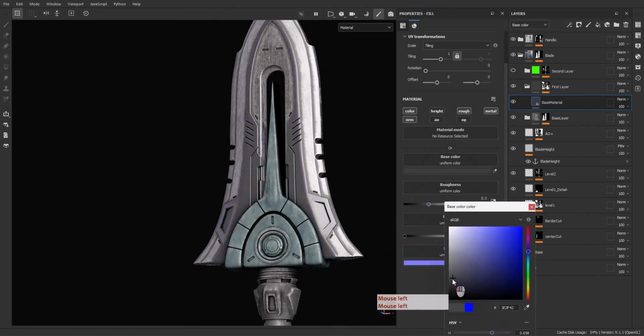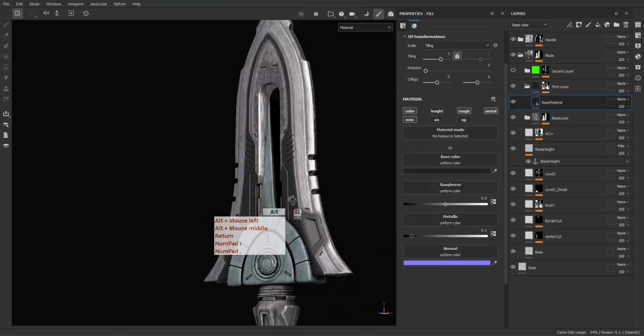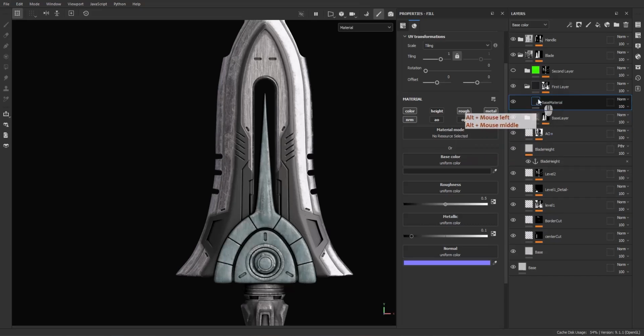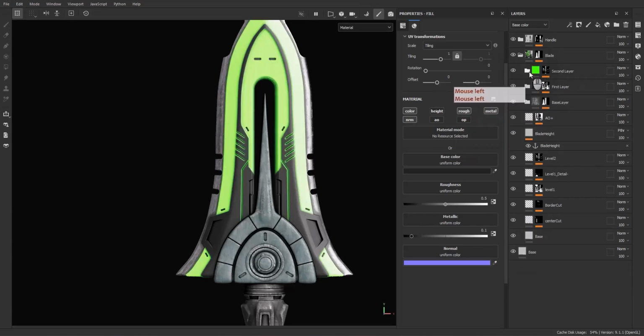And in here, I'm going to use a dark bluish metal like this. Roughness should be on 0.5, and the metallic maybe 0.1. Yeah. So this is for the first layer. Let's continue with the second layer,